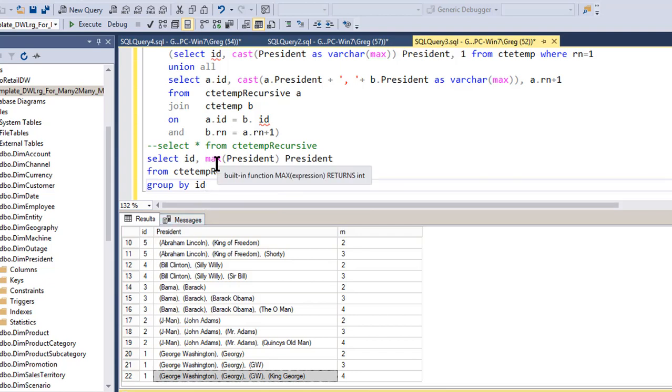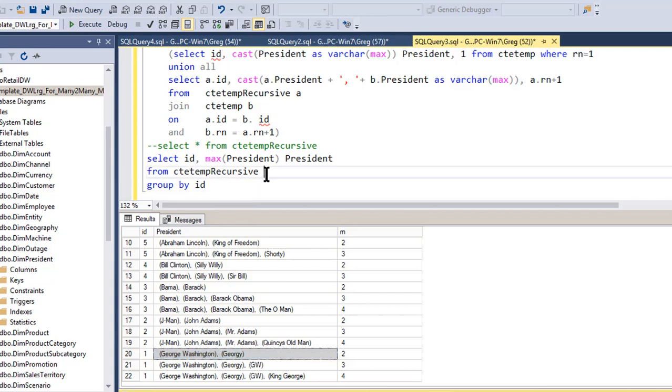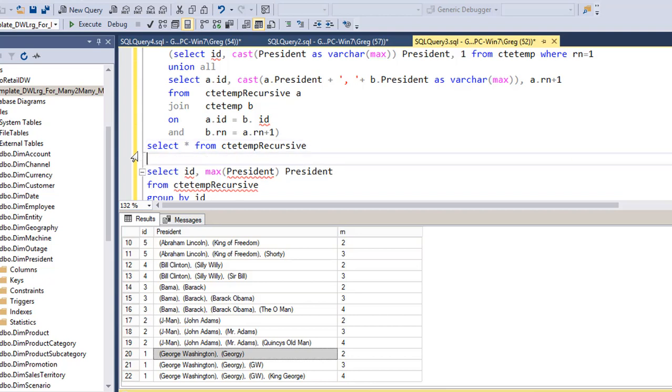And I take the max president name, right? So the max is the longest one. So this one will come back. This one will not come back. This one will not come back because I'm grouping by the ID, right? So actually, if I had done this when I was demonstrating to you,